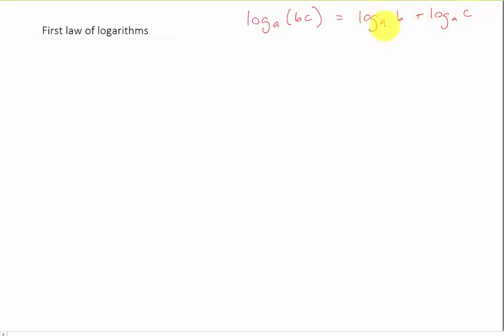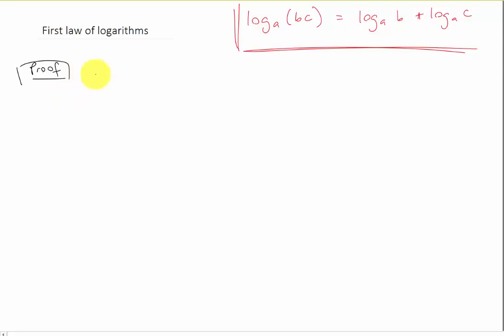So I'd like you to take note that this is all the same base that we're working with here. So we can split this into two separate logarithms. So that's an important rule that you need to memorize, and I feel duty bound to show you the proof for this, but I am not going to be asking you about it. So proof,